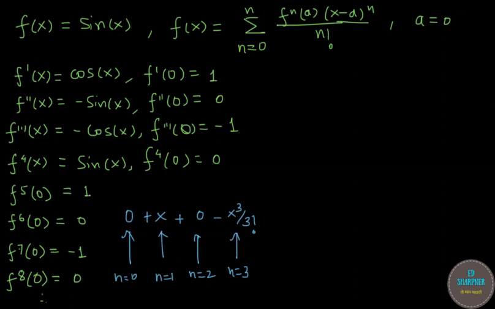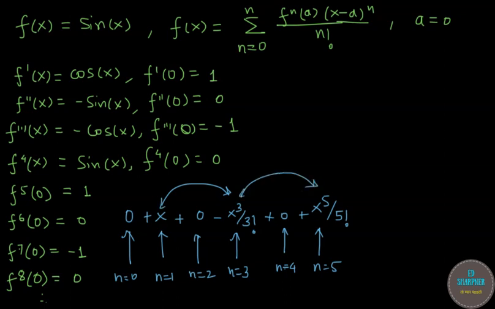If you check the trend, if you keep on going, you will see that the next term is again 0 for n is equal to 4. But for n is equal to 5, the term is not 0, and that is basically x to the power 5 divided by 5 factorial. Then you have 0 again, and you can continue the series. And if you just notice the non-zero terms, like these terms, right,